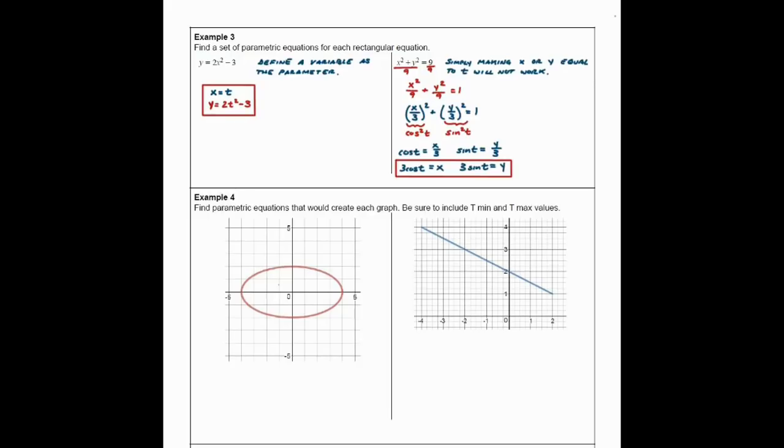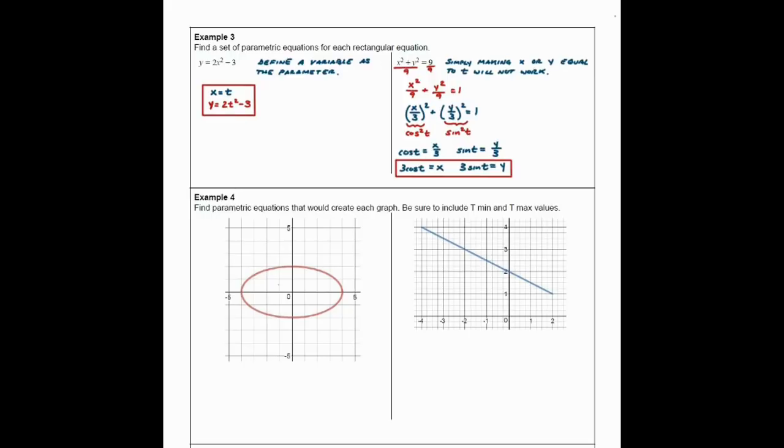And then if I look at my parametric equations, 3 cosine of t, 3 sine of t, that looks like x equals some number times cosine of t, y equals some number times sine of t. Hopefully that looks a little bit like our unit circle definition. The only difference is that 3 out in front is really representing the radius of our circle. So if I were to plug angles in for t, I would get coordinates moving around a circle,